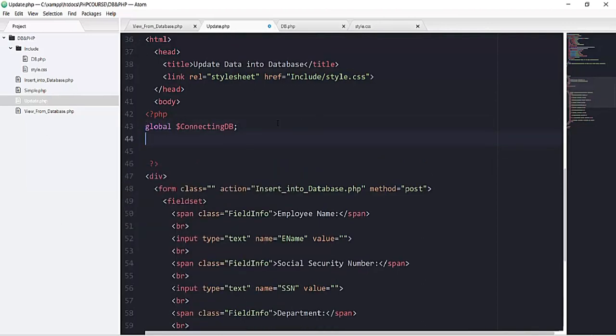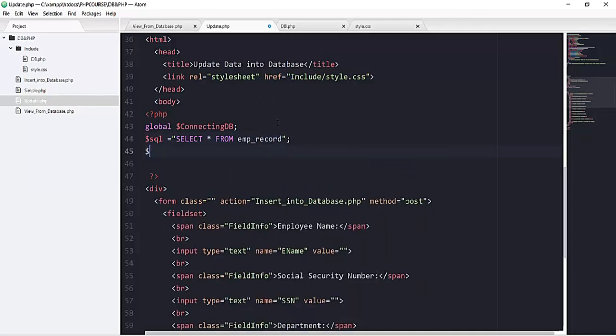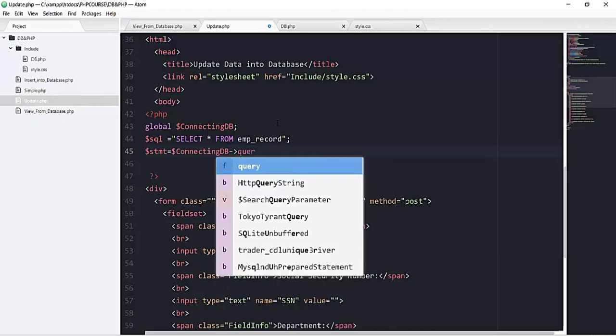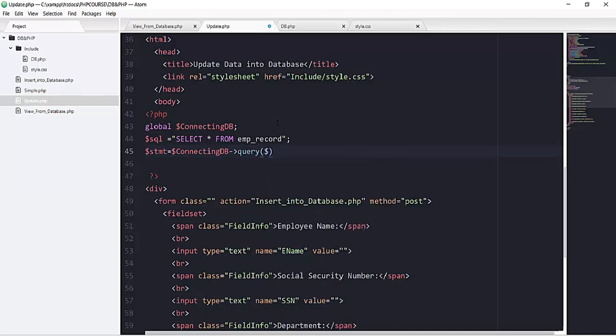Then we will have this SQL. So that SQL will be select all the columns from my table of emp underscore record, and on the next line we will have this variable stmt that will be equal to our database connection and calling the method of query, passing our SQL here.